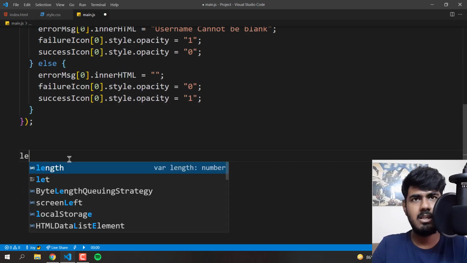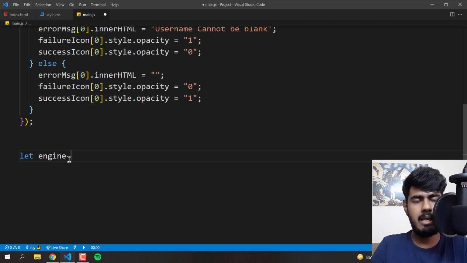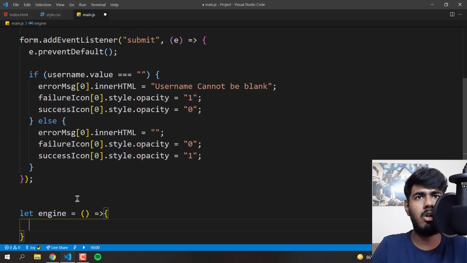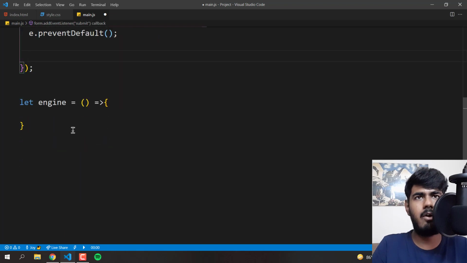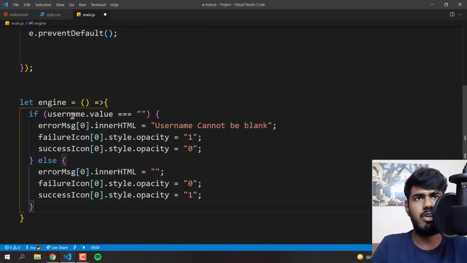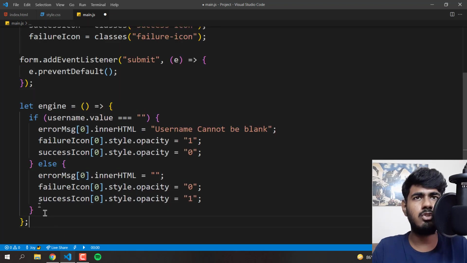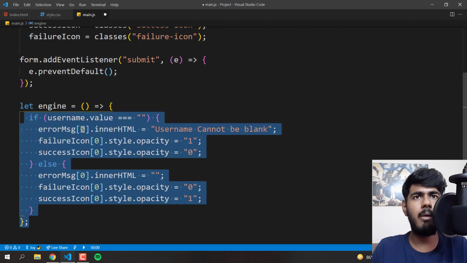Look at this. Let engine equal to, we're gonna name it engine, and then equal to, put brackets over here, and then create an arrow sign like this, then curly braces, and do this. Follow along with me. I'm gonna cut it from here, Control X, and I'm gonna paste it over here, Control V. Now we have created this function called engine, and now I'm gonna change this